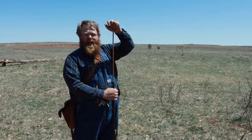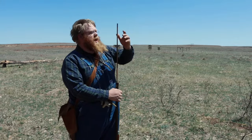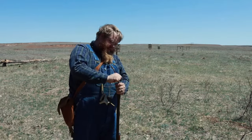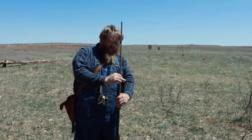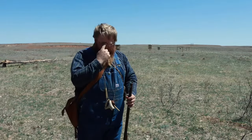patch combination is actually using Blackie's gun butter, because this is third shot, and as you can see, she's still going right on down there. She gets close to the bottom. I actually tried using some Track of the Wolf pre-lube patches in this before, and it was getting tight on shot number 2. So yeah,